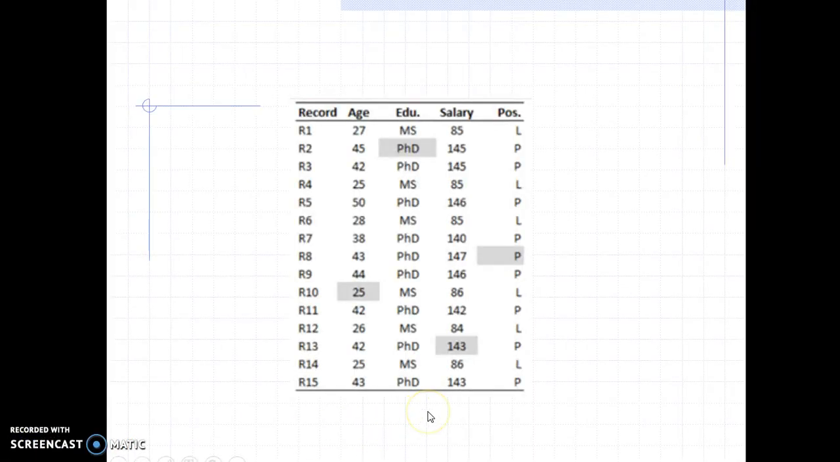This is an example dataset, a toy dataset. Here we have four variables: age, education, salary, and position, and 15 records, R1, R2 up to R15. Some of the values you can see shaded, which means these values are missing. When you have access to this dataset, you do not see the actual values for these records. When you have a situation like this, it is called a dataset with missing values, and